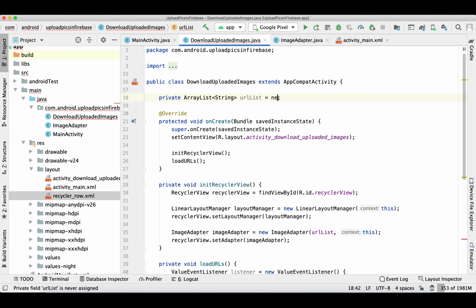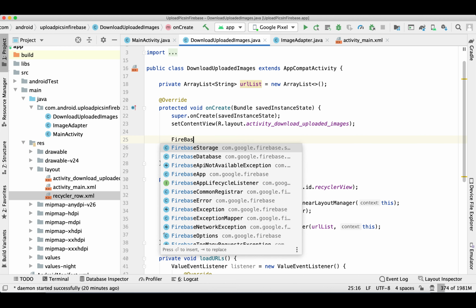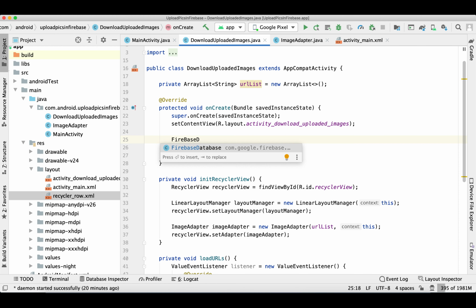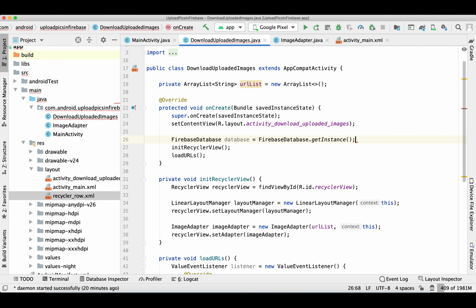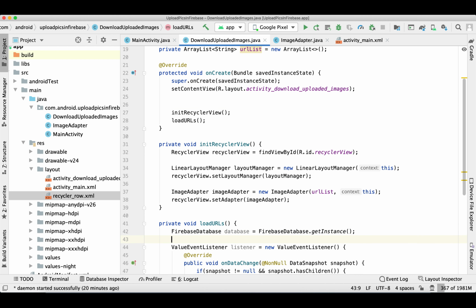Now since our array list is not yet initialized, that will crash, so we need to initialize it also. We need to initialize our Firebase database. In fact, we can keep it inside the load URL function directly.